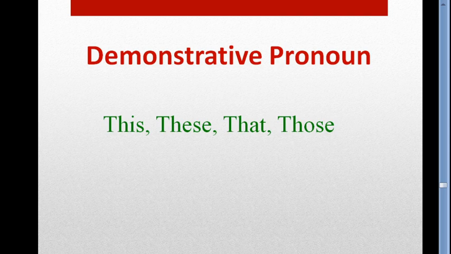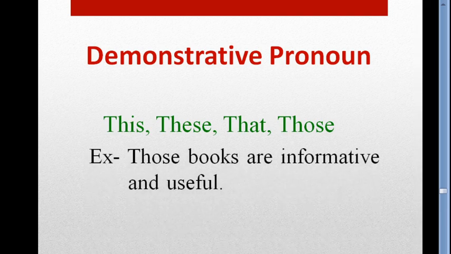দূরে অথবা নিকটে কোনো বস্তুর অবস্থান বোঝানোর জন্য আমরা ডেমনস্ট্রেটিভ প্রোনাউনটা ব্যবহার করি। It doesn't indicate the previously used noun. এটা previously পূর্বে ব্যবহার করা হয়েছে এমন কোনো নাউনকে নির্দেশ করে না। The example is, those books are informative and useful. ওই বইগুলো খুবই তথ্যবহুল এবং উপকারী।